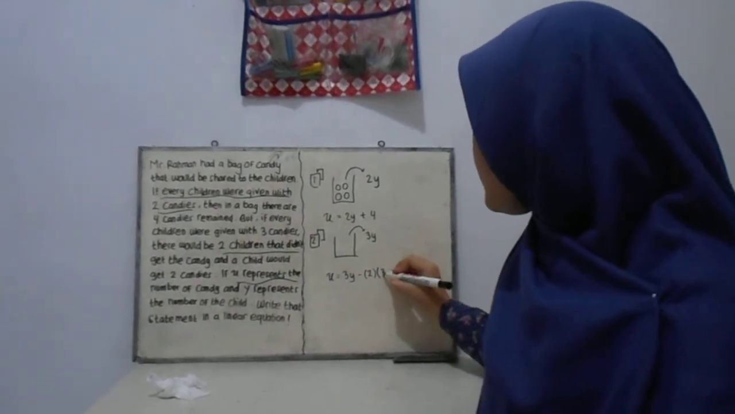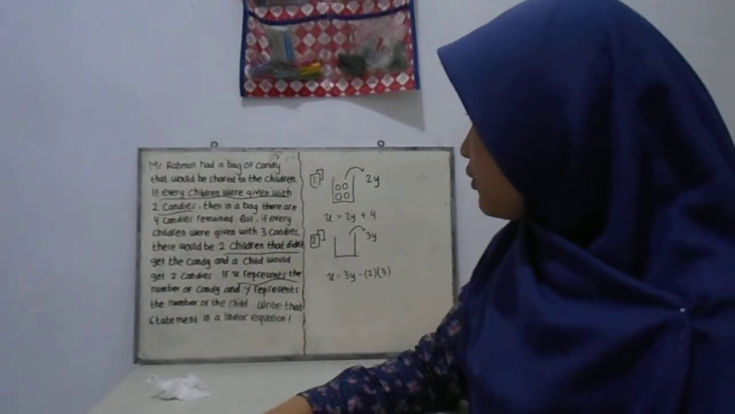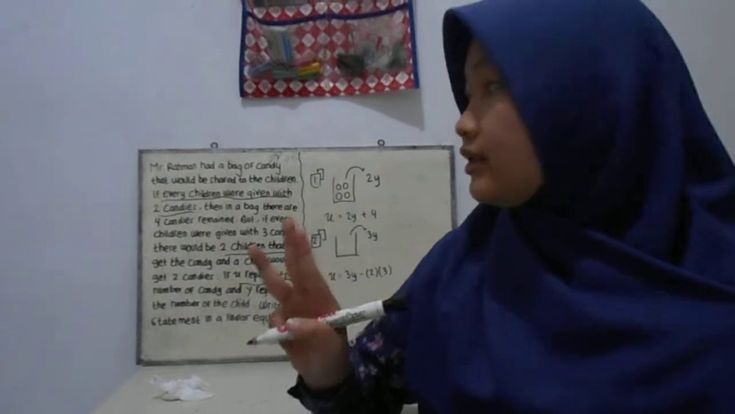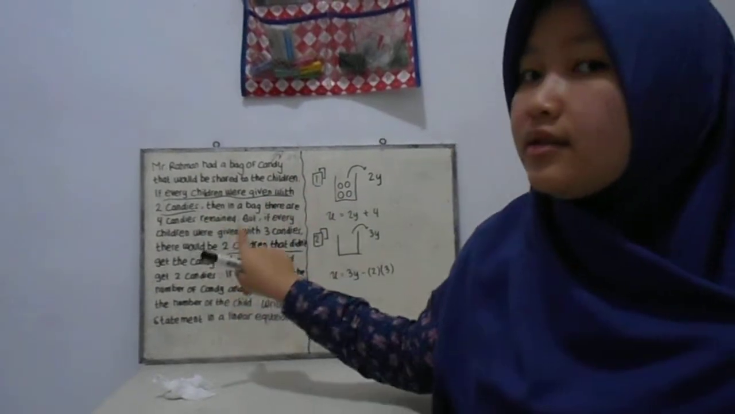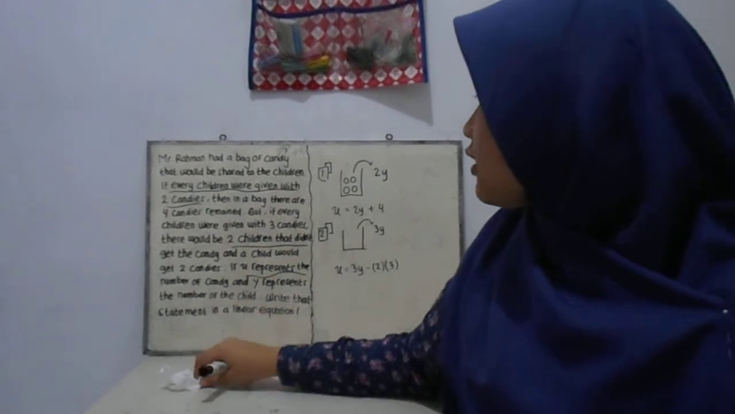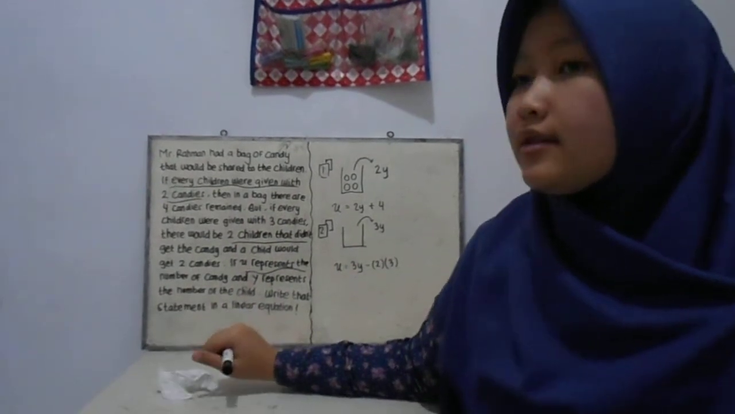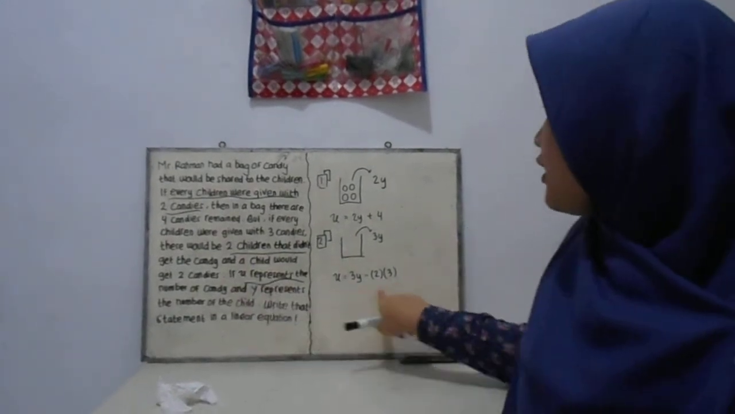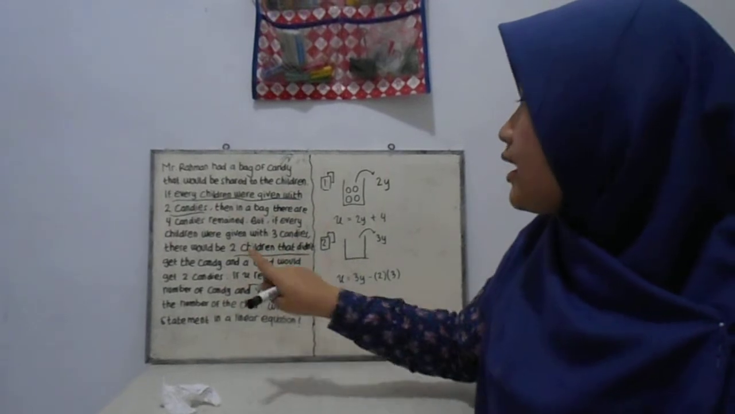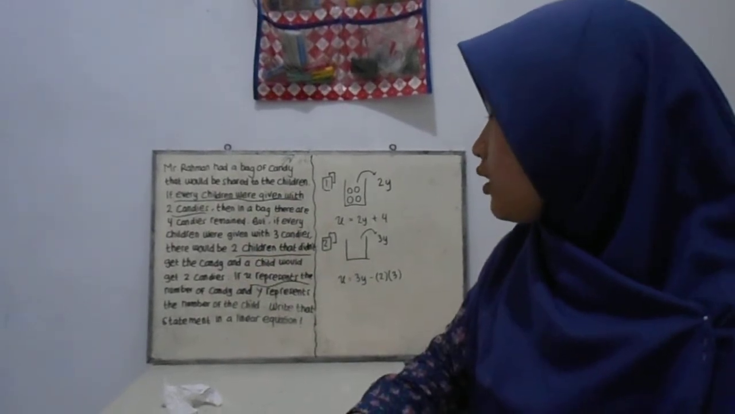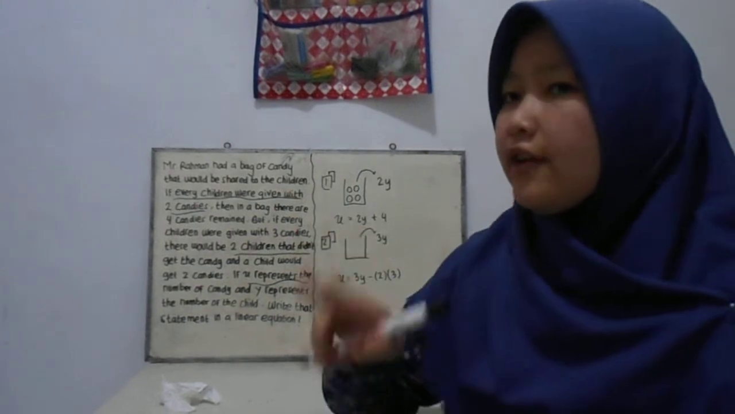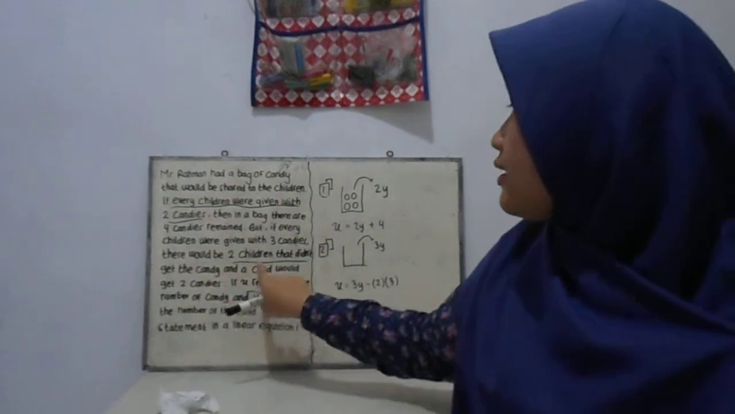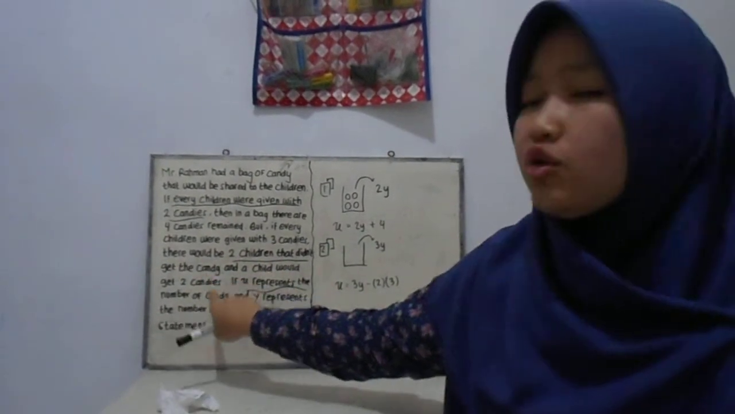is multiplied by 3, because Mr. Rahman needs 6 candies for 2 children. So 2 children have 6 candies, and then a child would get 2 candies. Every child should have 3 candies, but this child just gets 2 candies,